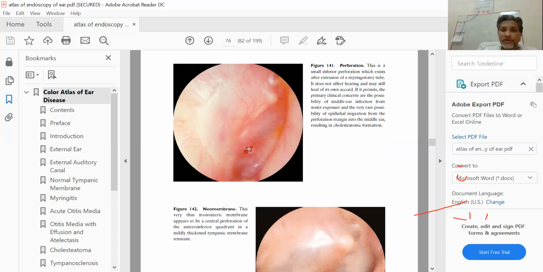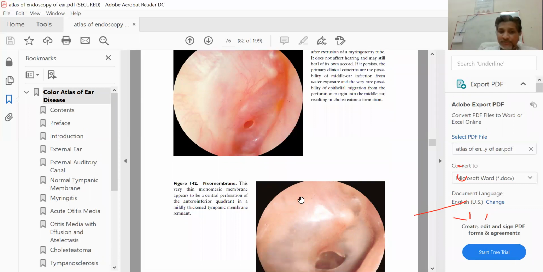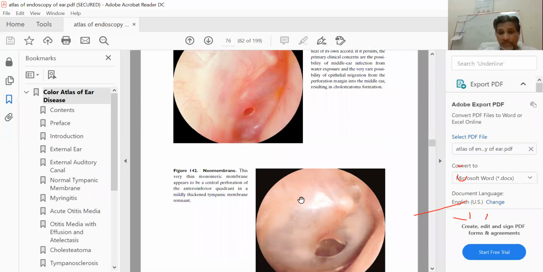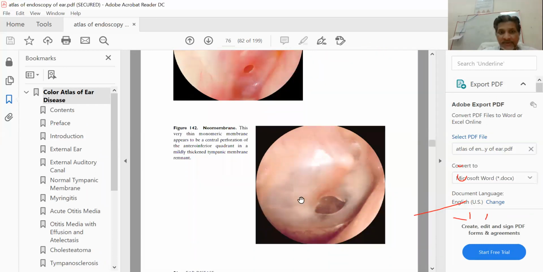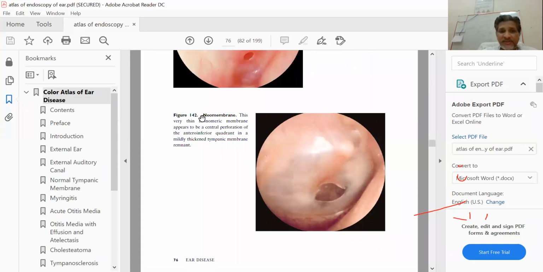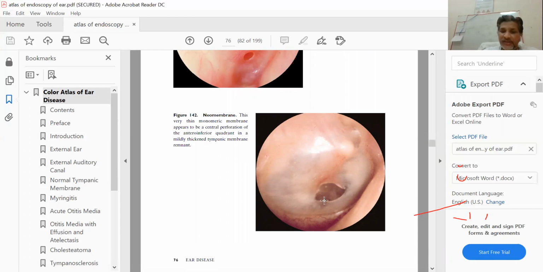So a small size perforation is always problematic in the sense that it withholds the secretion in the middle ear, and the middle ear stays active for a protracted time. Protracted is lengthened time, or a long time. So this is a neotympanic membrane. What is a neotympanic membrane? The word used is neo. Neo is a tympanic membrane which has resurfaced, or regrown, in which the margin to margin approximation has occurred.